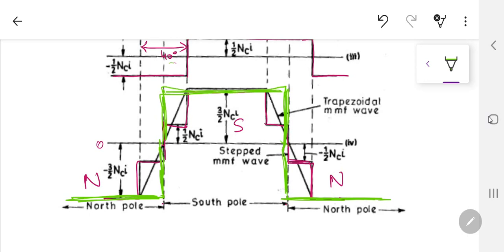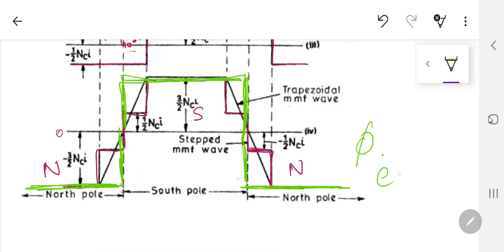Now when we take the Fourier series of this one, this time the amount of harmonics is going to be a little less. What this means is that by having more G, that is the number of slots per pole per phase, a lot of harmonics are reduced, and it's going to be more like a sinusoidal shape. So if the MMF is sinusoidal, then the flux is also going to be sinusoidal, and when the EMF inside the rotor is talked about, then N d phi by dt, the EMF inside the rotor, is going to be sinusoidal.